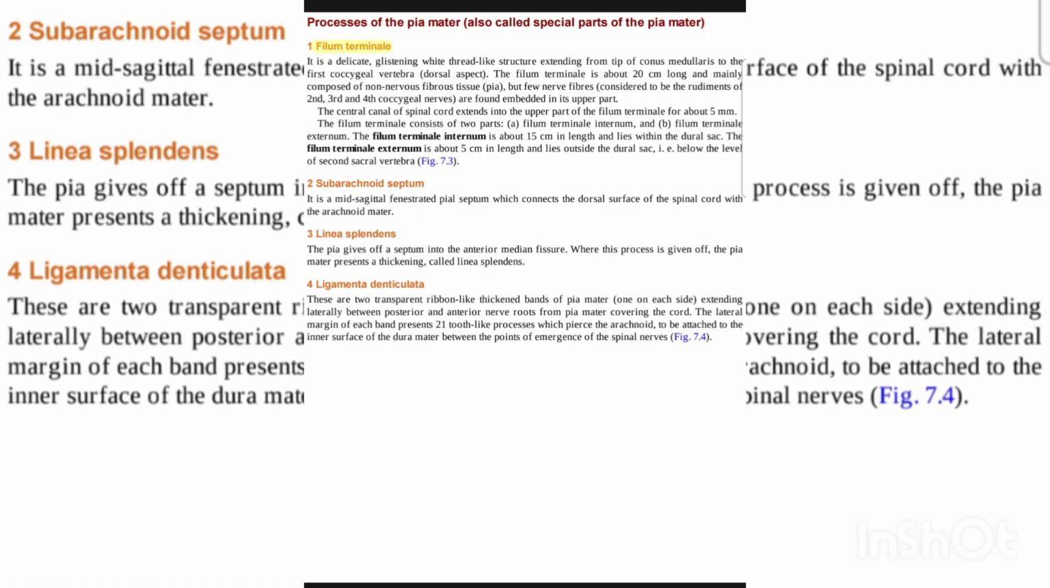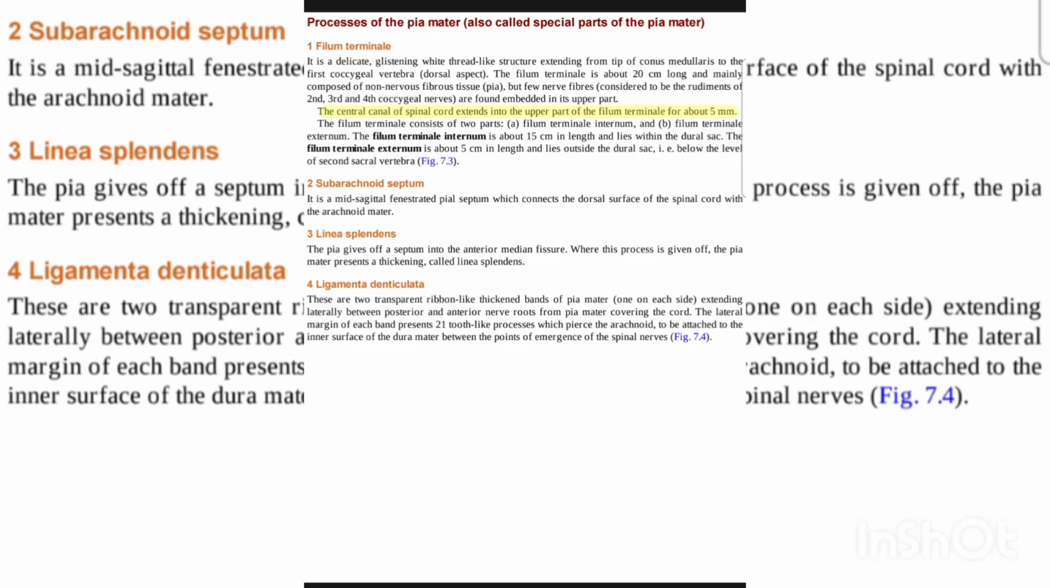1. Filum terminale. It is a delicate, glistening white thread-like structure extending from the tip of the conus medullaris to the first coccygeal vertebra, dorsal aspect. The filum terminale is about 20 cm long and mainly composed of non-nervous fibrous tissue, pia, but few nerve fibers, considered to be the rudiments of the second, third and fourth coccygeal nerves, are found embedded in its upper part. The central canal of the spinal cord extends into the upper part of the filum terminale for about